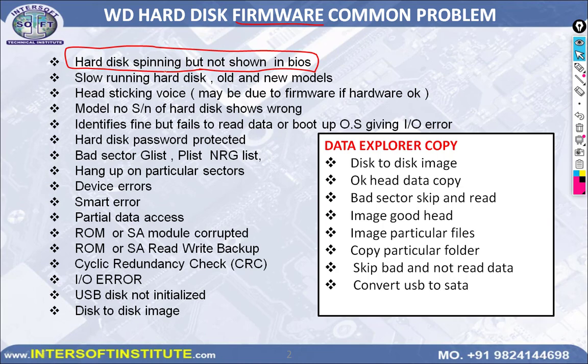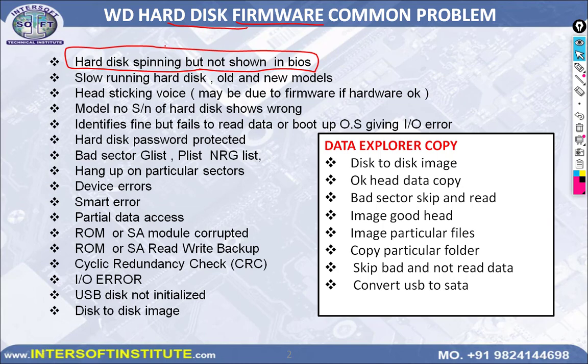What does firmware mean? Like a laptop motherboard, the BIOS is there and the BIOS is stored in the ROM. If the ROM or BIOS is corrupted, it will not boot, or it gives an error, or it powers on but does not go to the display. In a hard disk also there is some ROM and service area. In the ROM and service area there are two kinds of information. If they are corrupted, then we have to repair with this tool and we can work.